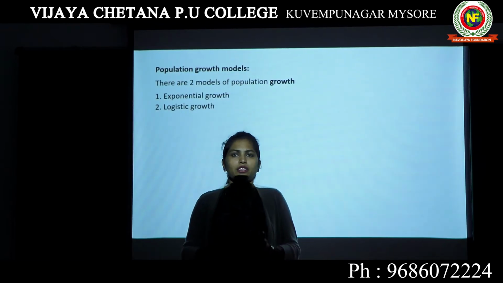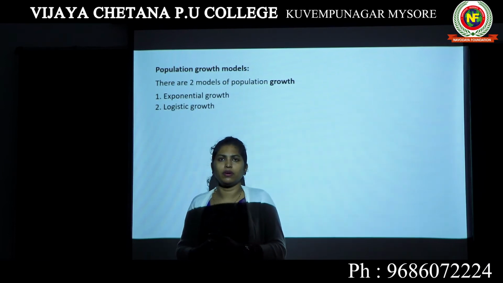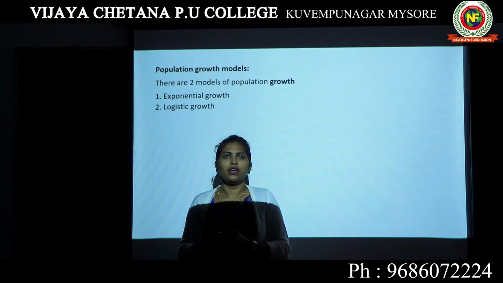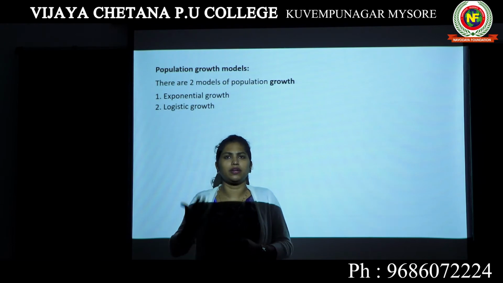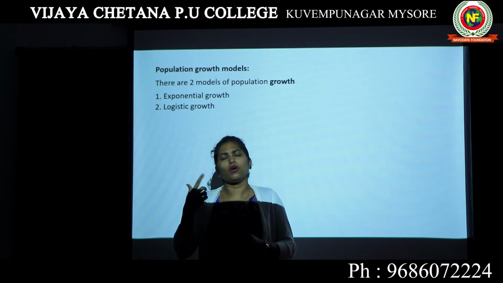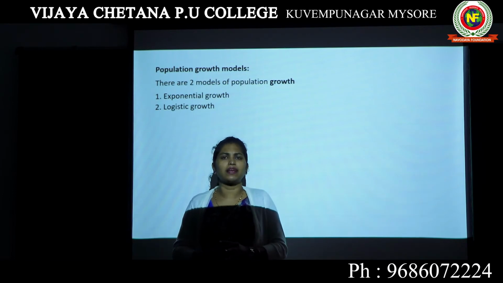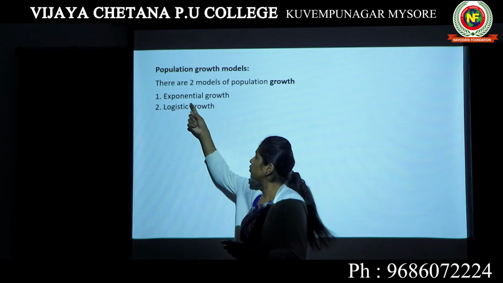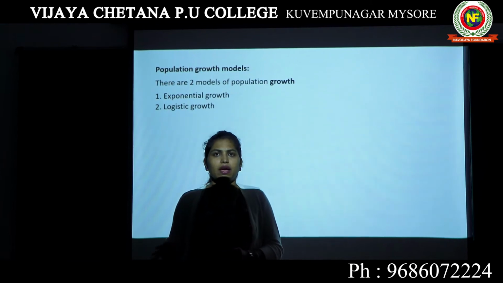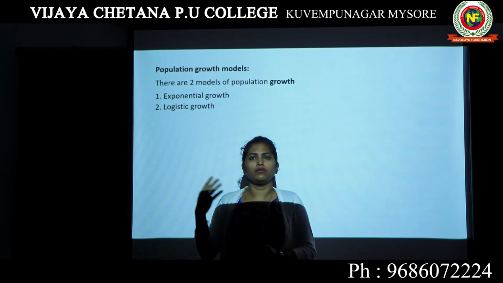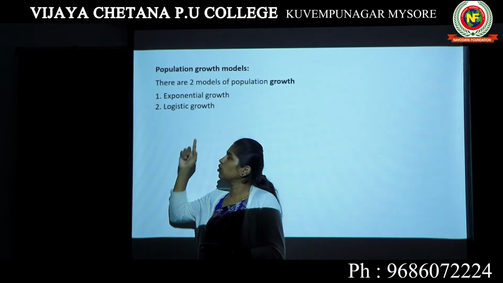This can happen naturally in the environment also. Let's take an example of fish. When many phytoplanktons or zooplanktons are available in the pond, the number of fish increase. It keeps on increasing. It will keep on increasing. The number of fish reaches the maximum. That is known as exponential growth. That means there is no end to the growth. The resources are unlimited and the organism is also reproducing more and more in number. That becomes exponential growth. Then what is logistic growth?